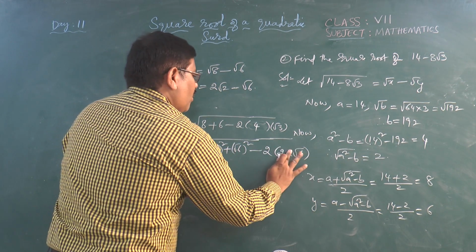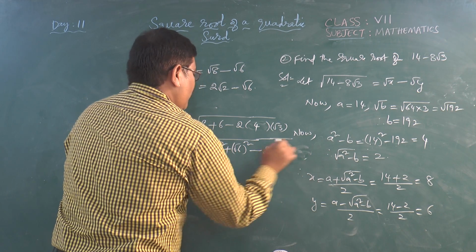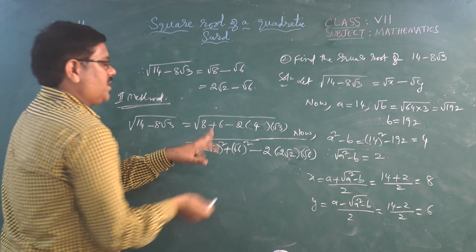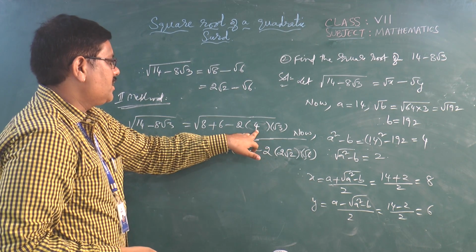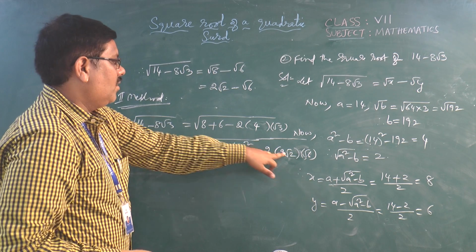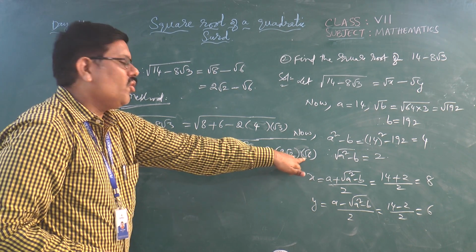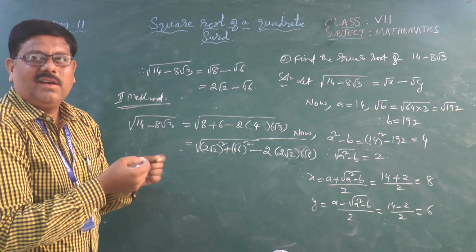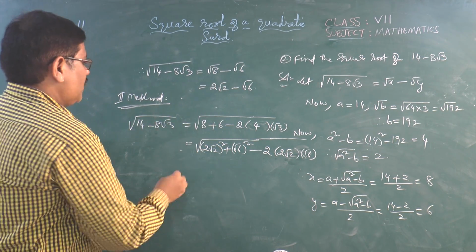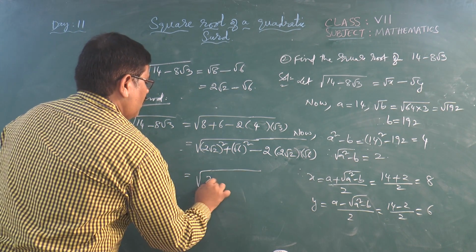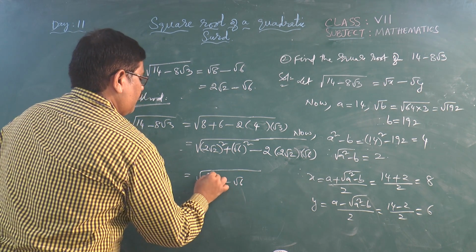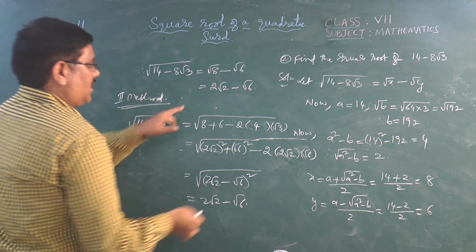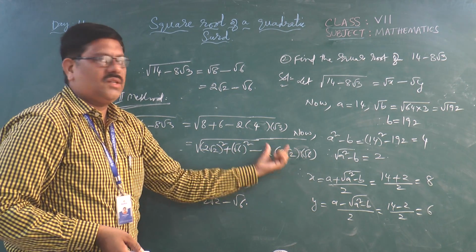So here I need one more root 2 to write. So I can say it as 2 into root 2, that is 2 times of a into root 6. Are these two same? Let us check it out. 2 2s are 4, 4 is justified. I have root 2 into root 6, root 2 into root 2 into root 3. Root 2 into root 2 is 2 of course and root 3. So these two are equal. A little tricky, you must be a little cautious. Okay. So that is nothing but root over 2 root 2 minus root 6 whole square. As square and root cancel, that is going to be 2 root 2 minus root 6, nothing but this answer.